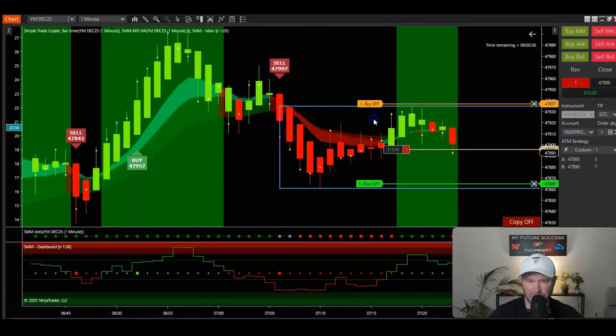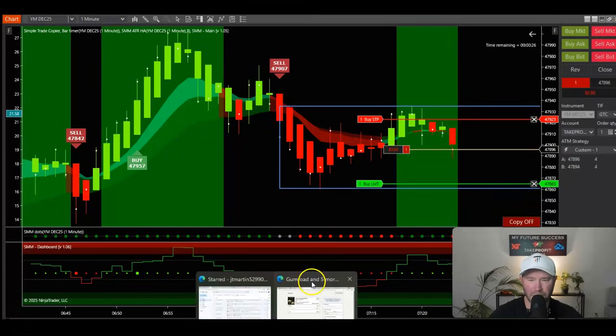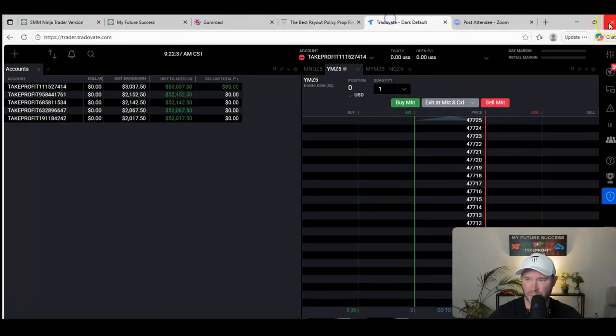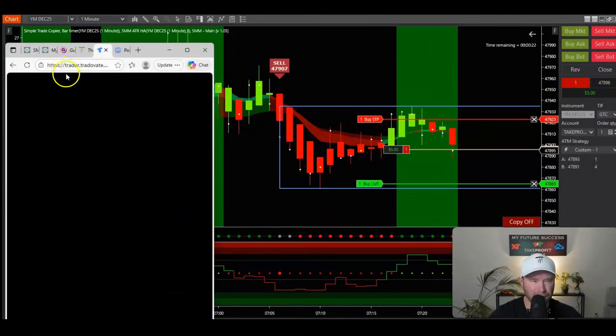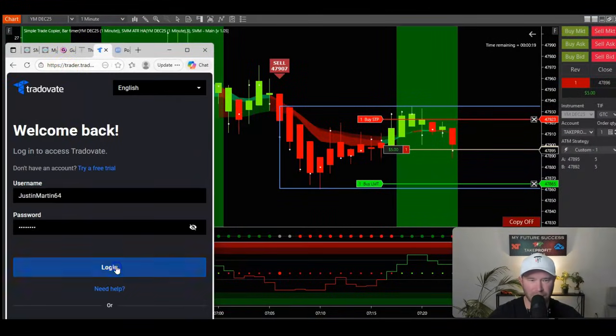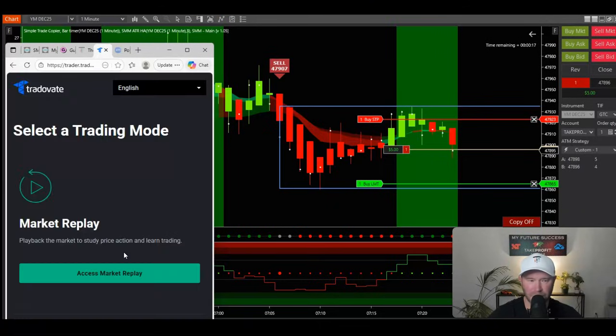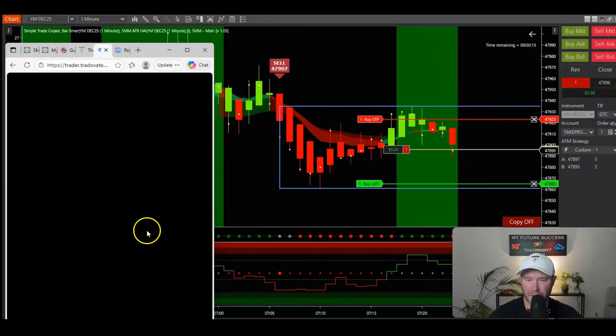I'm moving my stop here. And this is where I want this to run. Come on, let's get this to run down. This would be really nice as a confirmation to the downside. While this is going, I'm going to go over to Tradovate real quick. I'm going to minimize this screen. And I'm just going to make sure that if I end up going in with multiple positions here, that I'm able to close everything out.